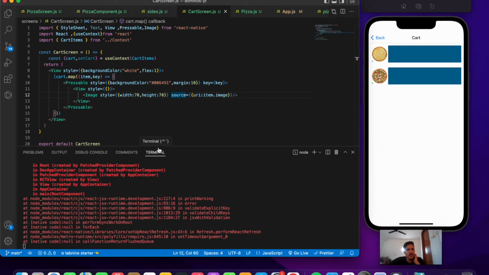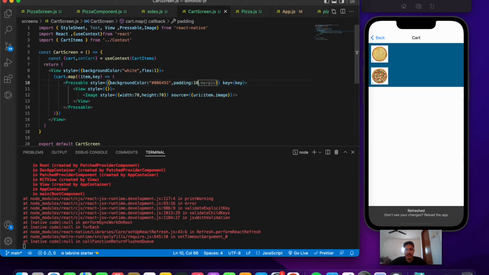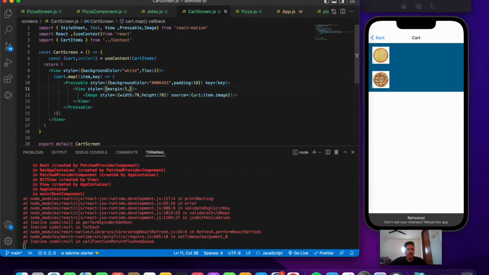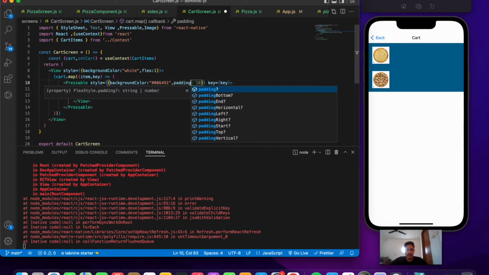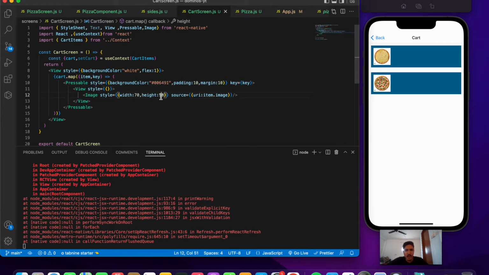So let us give padding of 10 first, and here let us give some margin 5. Yeah, now it's working. So we'll give padding of 10 as well as a margin of 10